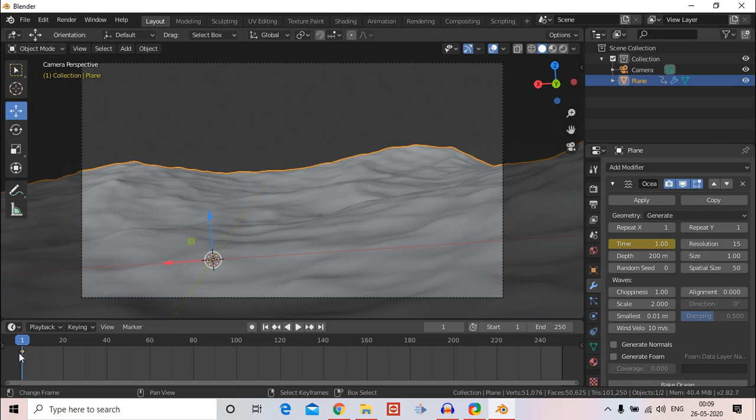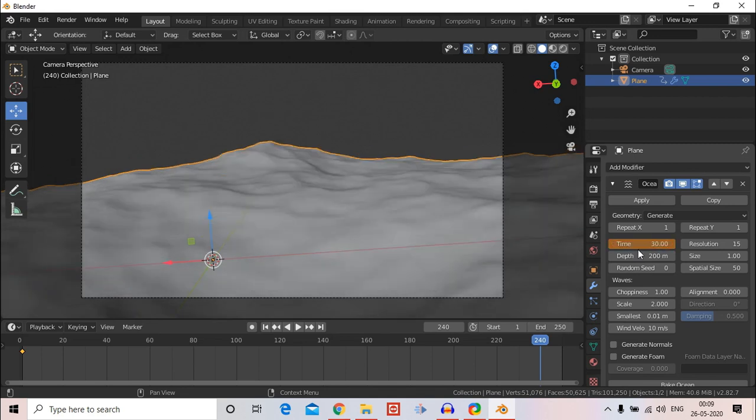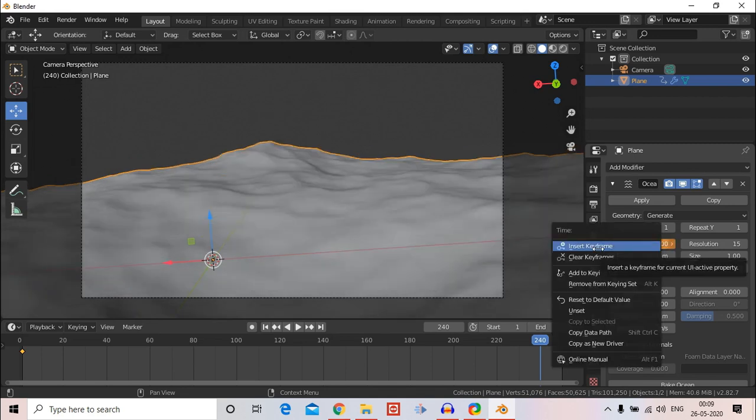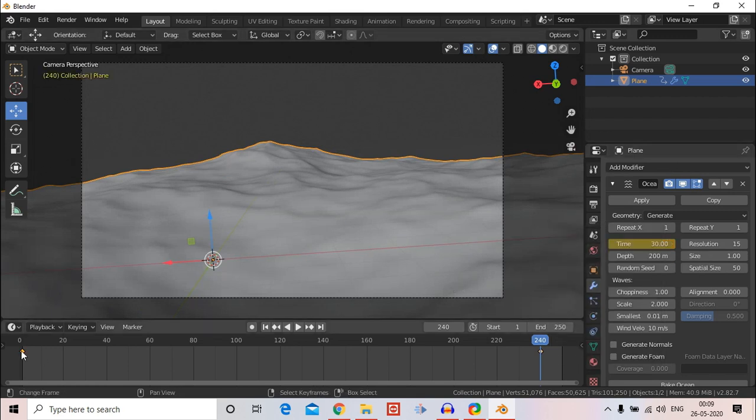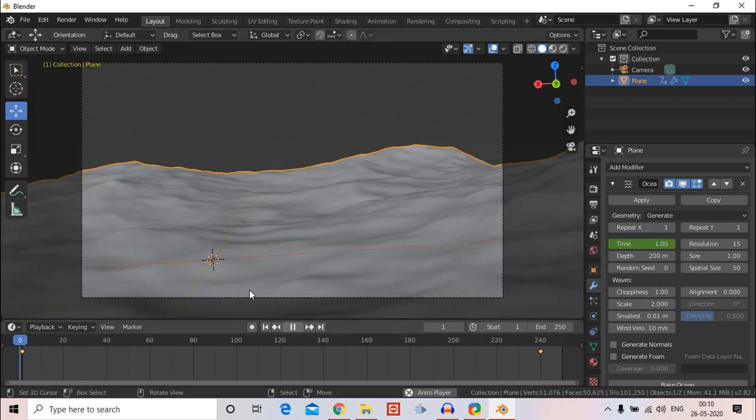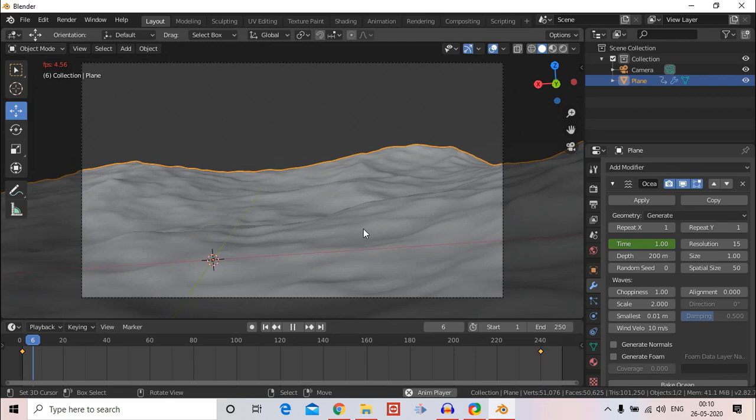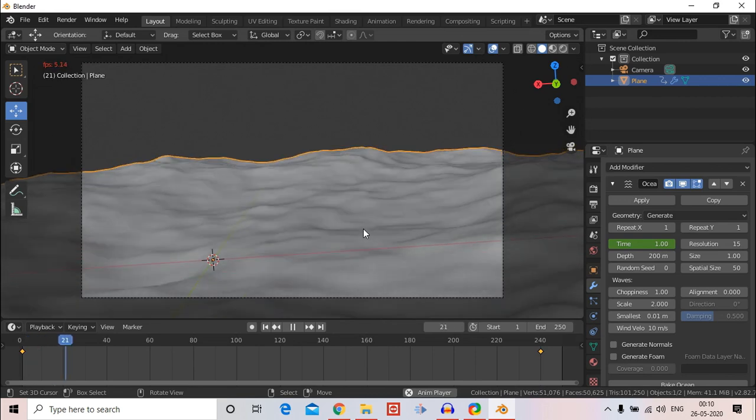Now I'll go to the end and change this time to 30. Now when I play this,